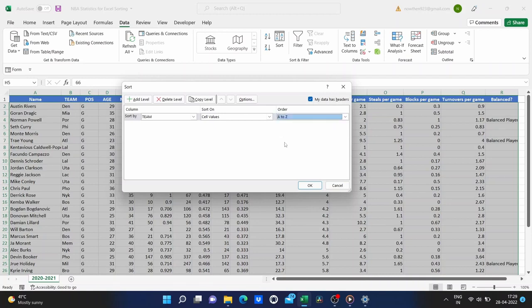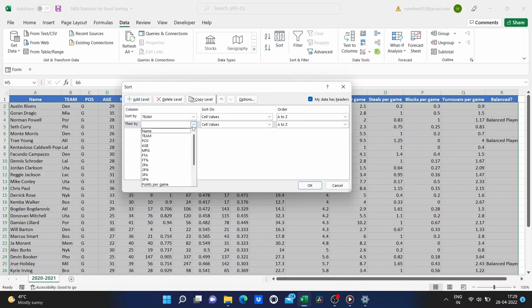But there are some NBA teams listed here that have more than one top guard in the NBA that's on the list. So, if there's a tie like that, two players from the LA Lakers, two players from the New York Knicks, or whatever it might be, then what's the next level of sorting? Well, I can just click Add Level, so it'll sort by team.